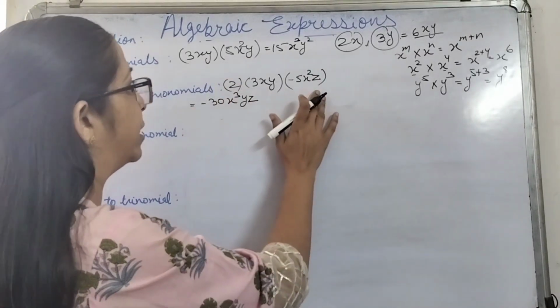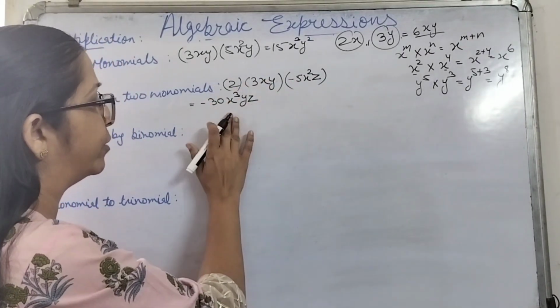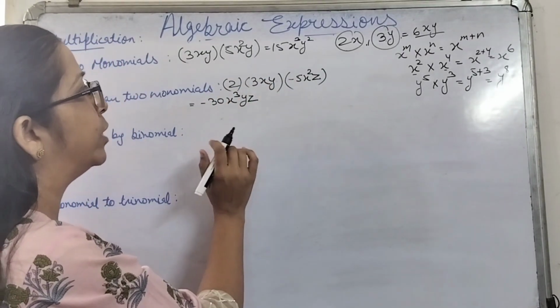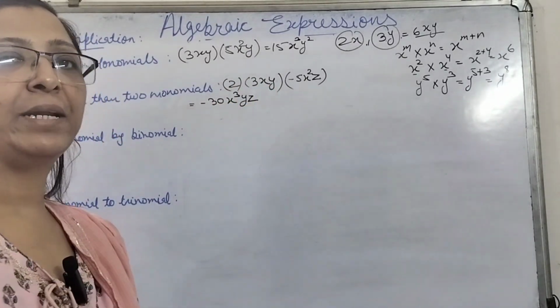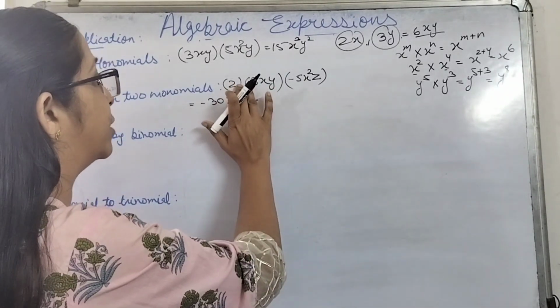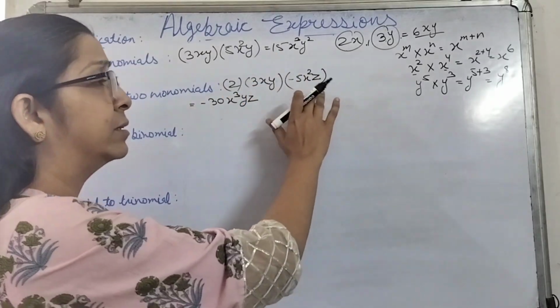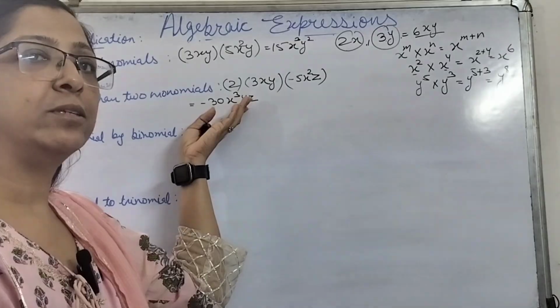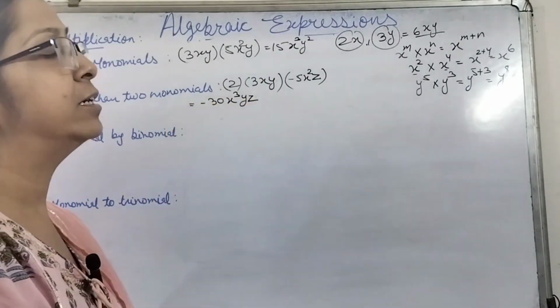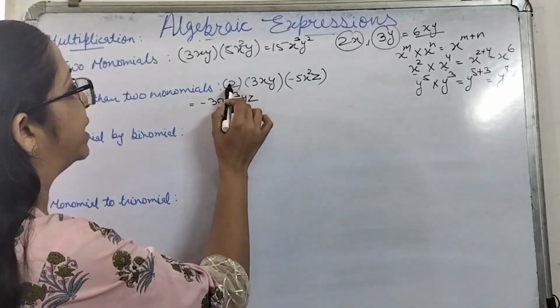See, we could have solved it this way. Otherwise, what we could have done is multiply these two monomials first, and then whatever product comes, we multiply that product with this monomial. We could do it in this way, and we can even directly multiply all three monomials together. If we multiply these two first,